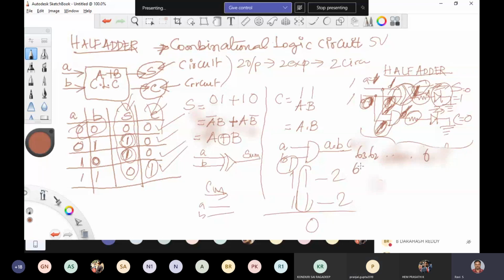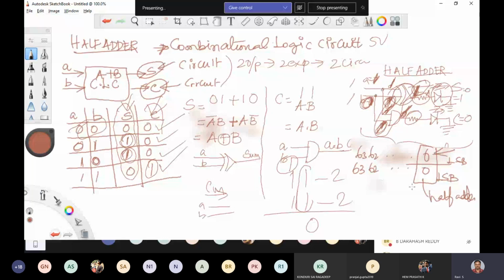B is also 64-bit, bits 63, 62, down to 0. Now, this 0 is called the least significant bit, so A of LSB and B of LSB. Whenever there is no carry from a previous stage, when the LSB is added, you can go for the half adder.